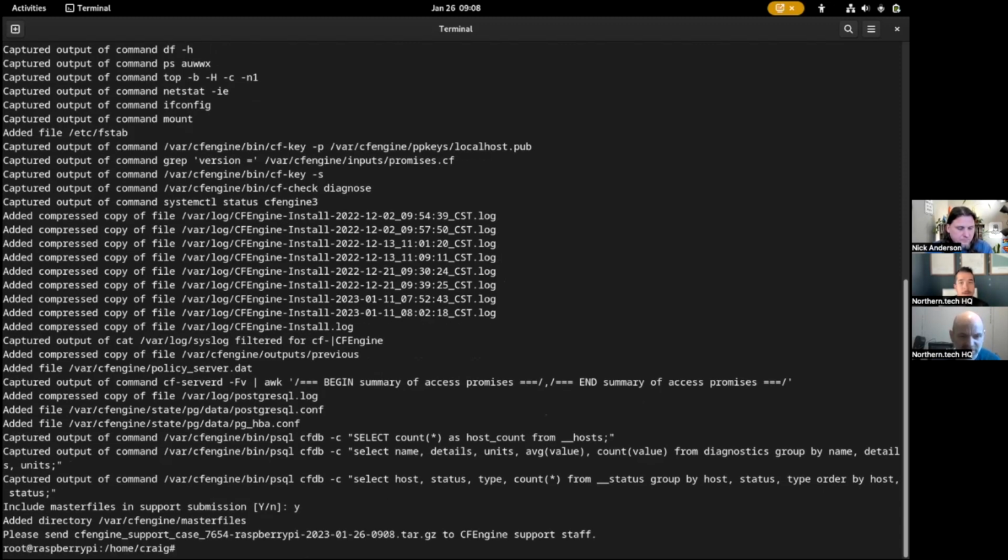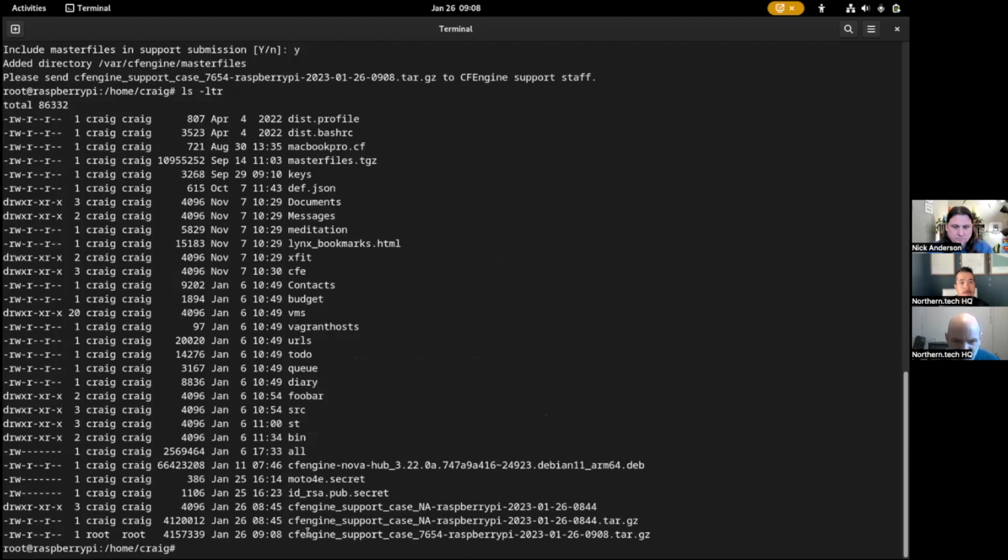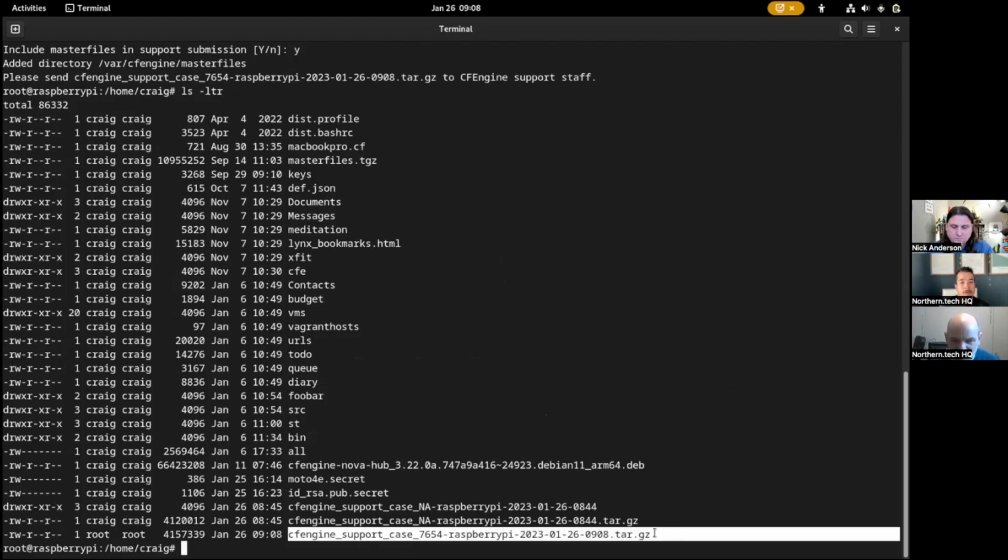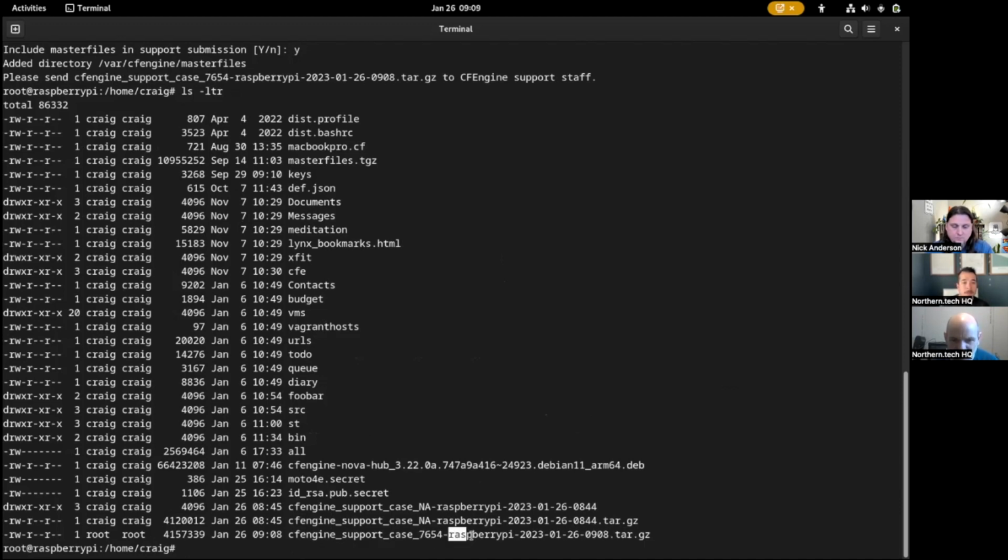So it's adding that. Now in this directory, I should have a fresh little tarball for the support case. The ticket number is here, the host name is here, and then a date and timestamp. When we look inside of it,